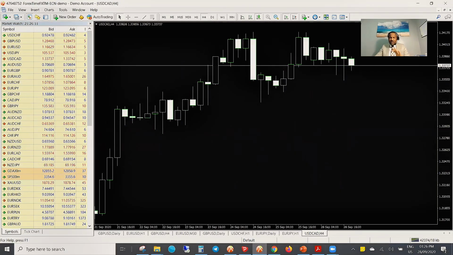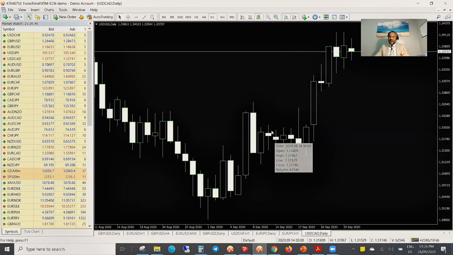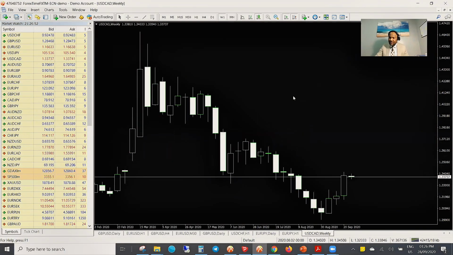If you put it on D1, it takes each candle a whole day. It will be very slow, a whole day. That means that this candle is for today, it's still forming. This one is for Friday, it's Monday to Friday. And this one is for Thursday. This one is for Wednesday. This one is for Tuesday. And this one is for Monday. Like that. This one is for the other Friday, Thursday, Wednesday, Tuesday, and Monday. Like that. So if you put it on W1,